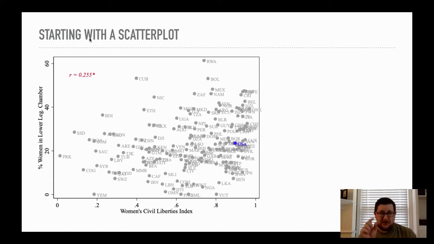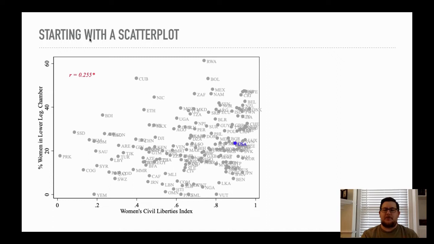Now, if all we were doing was looking at the correlation coefficient, remember, we represent that with the lowercase r. The correlation coefficient is 0.255. So it's a moderate correlation. But I put the star after it. That tells us that it is, in fact, significant at p less than or equal to 0.05 in a two-tailed test. So there is a correlation here, and it is statistically significant, which of course means that if the population correlation were truly zero, our sample would be very unlikely to yield a correlation coefficient of 0.255.